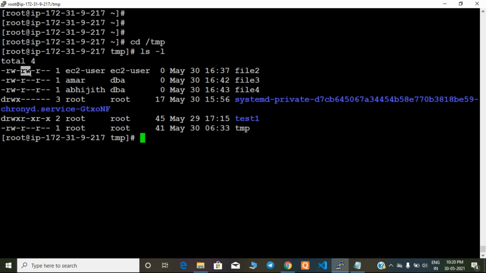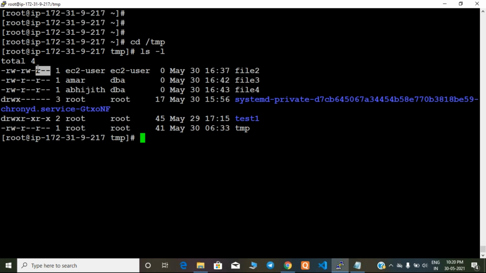Now the group of users. What permissions do we have for group? Read and write again. That means whoever is part of this group can also do read and write. Then there are others, except the owner and group. Maybe you have a database guy or a developer who is not part of this owner and group.